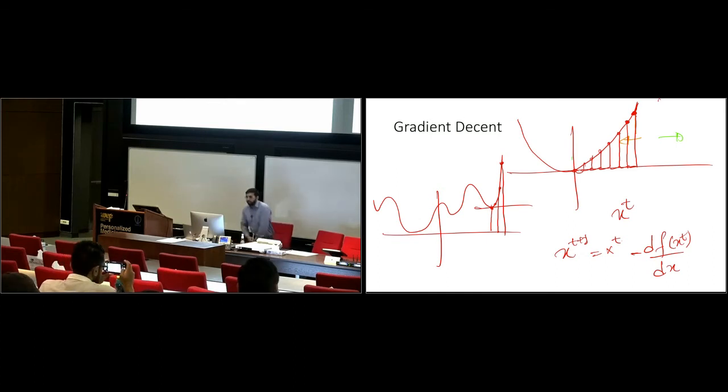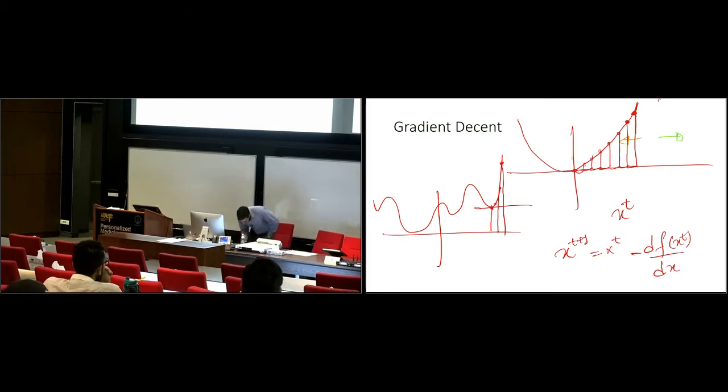That's an iterative scheme. Let's say you start with any value of x of t, you find the next x of t plus 1 and the next. What would be a stopping criteria? Because this is an iterative approach, we need a stopping criteria, right? When would we stop? When would we know that most likely we have found a minima? What is the property of a minima that we have been discussing so far? Exactly. So gradient is small enough.